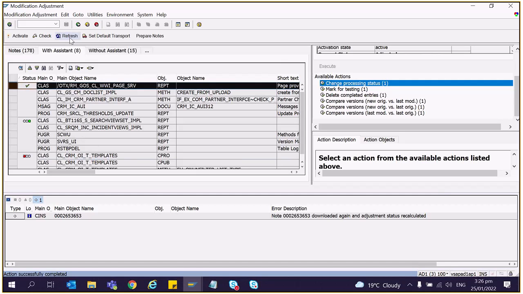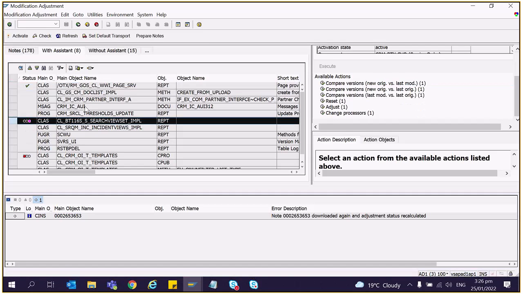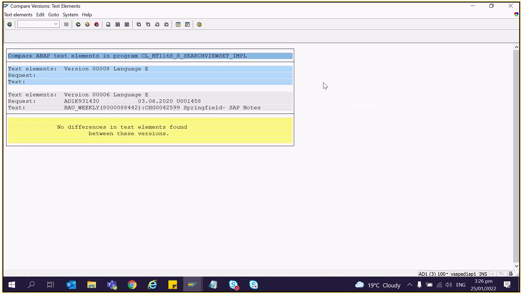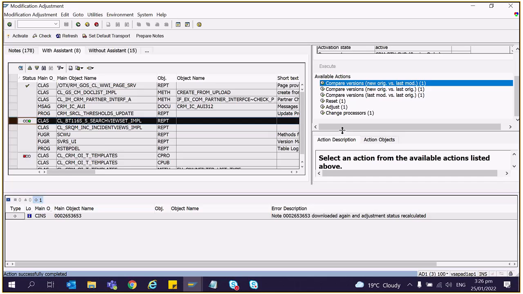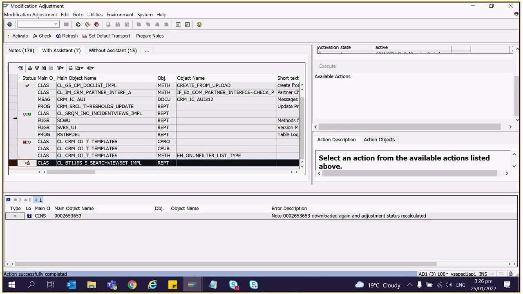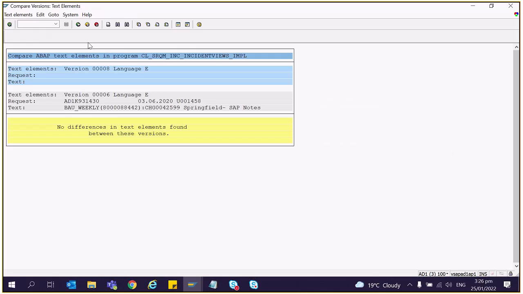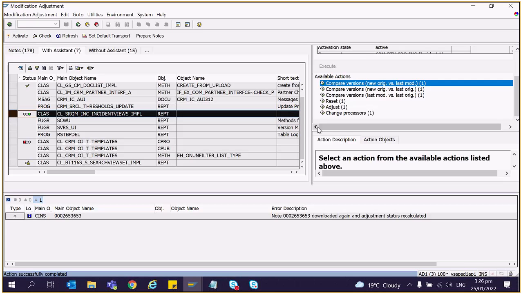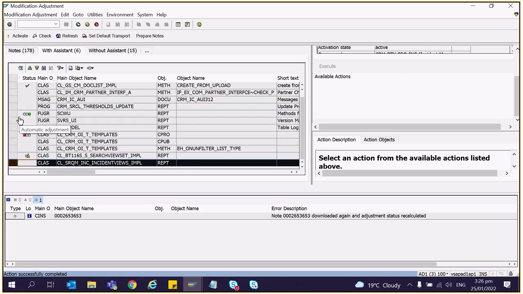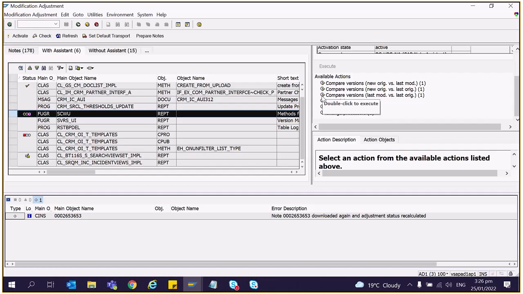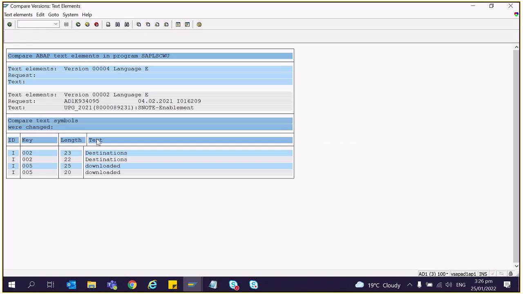So did you see that? In automatic we don't have to do anything, the system just takes care of everything. So here there's no difference in this, so we'll just do a reset. Here two text symbols were changed, but just